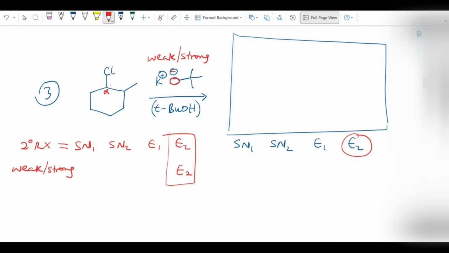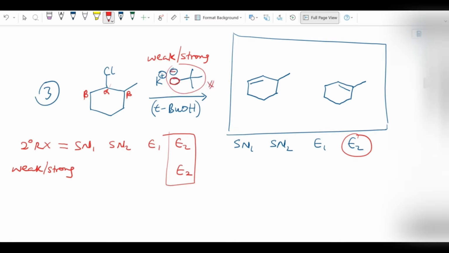To draw the product, notice that there are two different types of beta carbons. It's possible that we can place a double bond between this beta and alpha carbon, in which case a product will be this less substituted alkene. We can also place a double bond between this alpha and beta carbon, in which case the product is going to be this